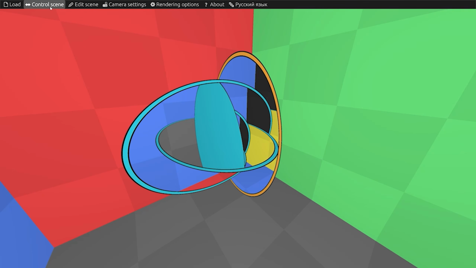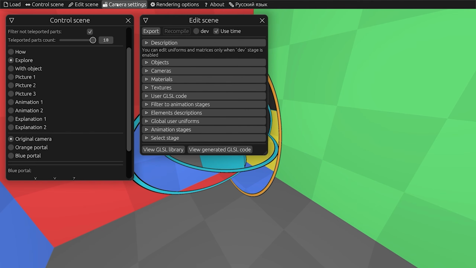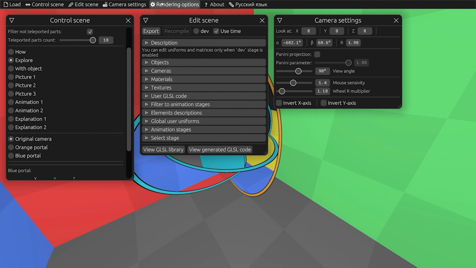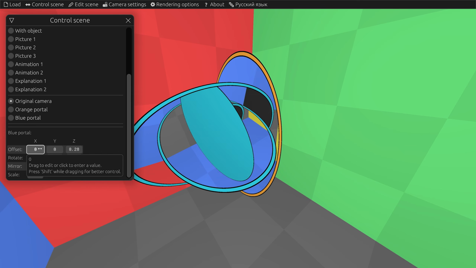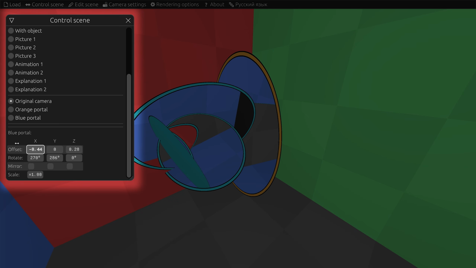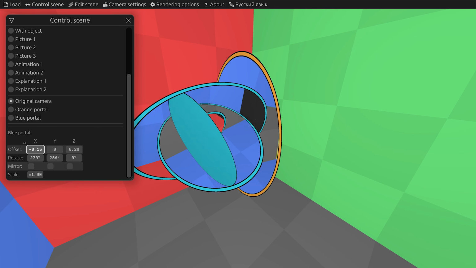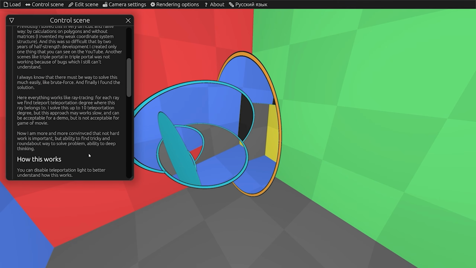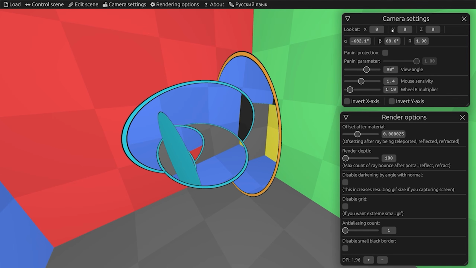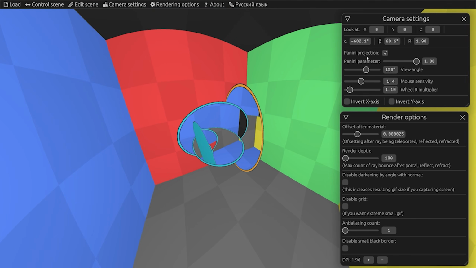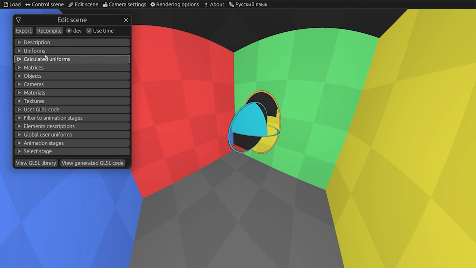As I said, to solve the problem of this video I wrote this program, where you can see and create portal scenes. And every scene that I showed in this video is in this program. In scenes you can tweak different parameters. This program has many windows for users. This is the most important. Here you can control the current scene or read a detailed description about it. This program also has camera and rendering settings. For example, you can enable Panini projection or increase anti-aliasing. And the next window is most important for me. I can edit a scene here, and you can too if you want.